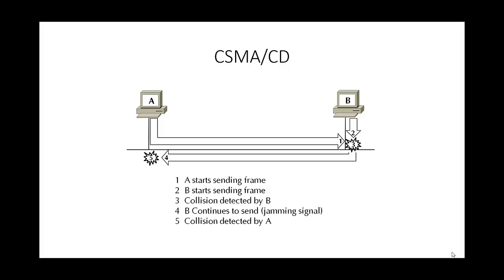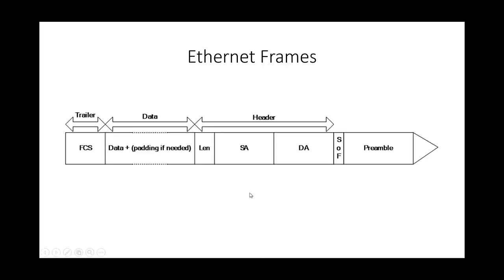So let's look at the format of an Ethernet frame. The format of an IEEE 802.3 frame is shown on screen at the moment. So what you've got, reading from the left, you've got the frame check sequence on the left, then you have the data, effectively. The first 3 bytes contain the source SAP and destination SAP, and control fields, each one